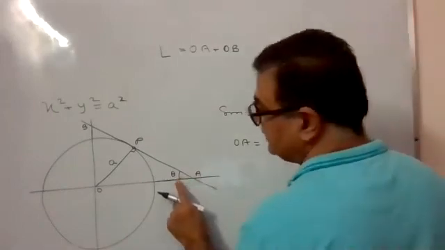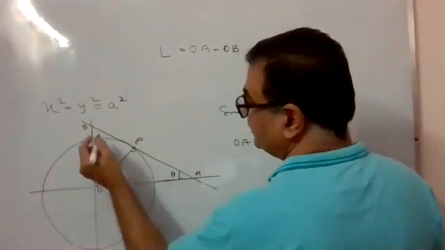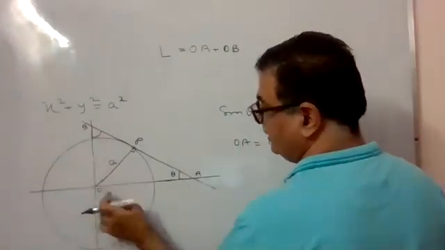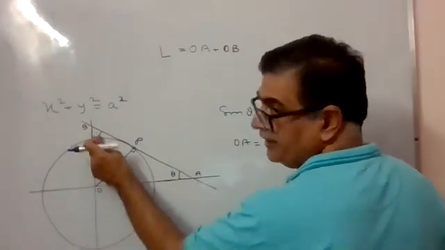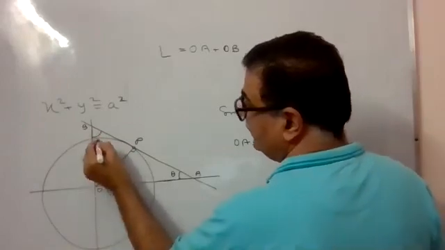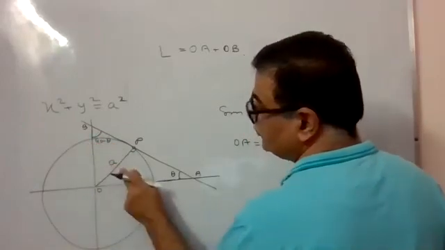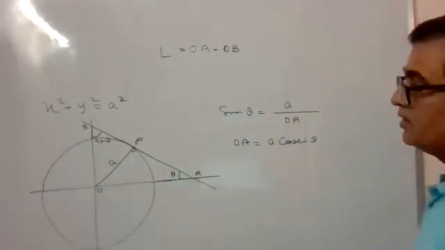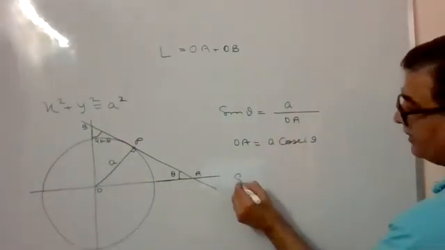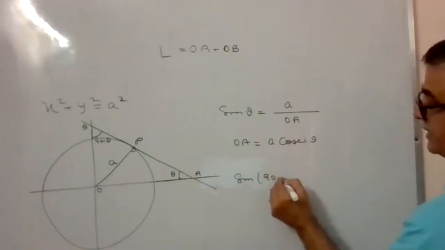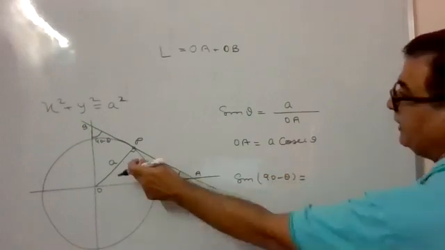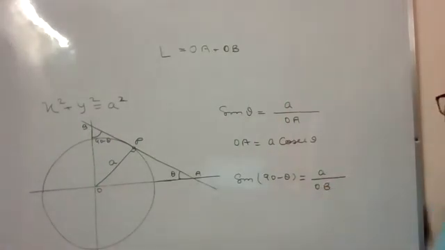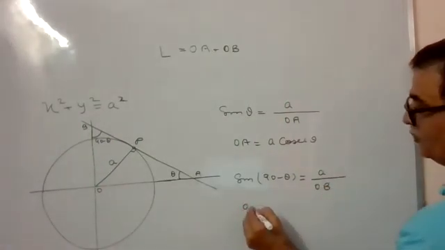And if it is theta, then automatically this will be 90 minus theta, because in this triangle this angle is 90, so this is 90 minus theta. If it is 90 minus theta, then this will be perpendicular again and this will be hypotenuse again. So again I calculate sine of 90 minus theta, which is perpendicular A by the hypotenuse OB. Or I should say OB comes out